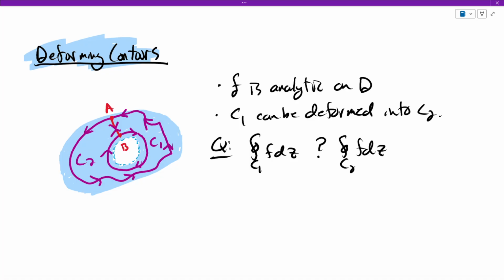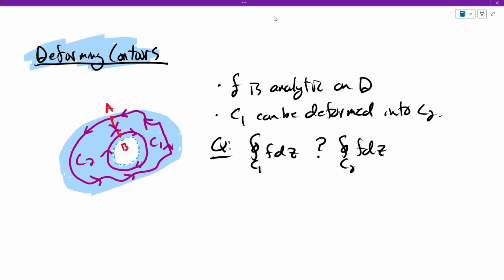Now, if we look at the area between the curves, the area that the curves care about, there's no holes in that area. So this path where we go around C2, go down to A, go around B, go up, if we just look on our left as we walk, that region that's bounded has no holes. So